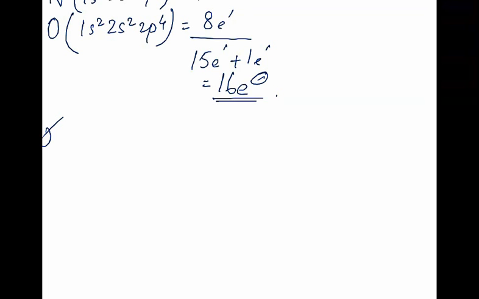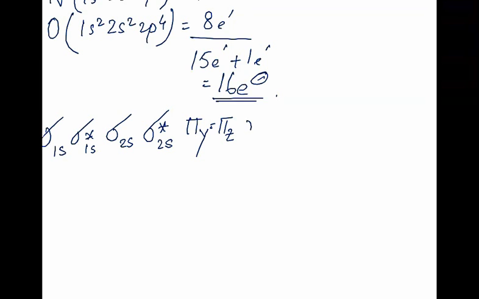So the MO configuration can be written as sigma 1s, sigma star 1s, sigma 2s, then you have the sigma star 2s, then you have pi y equal to pi z, then you have sigma x, then you have pi star y equal to pi star z, and lastly you have sigma star x. So if I arrange the 16 electrons in the NO minus anion, then the arrangement will be as follows: